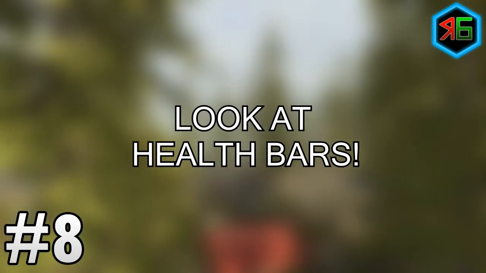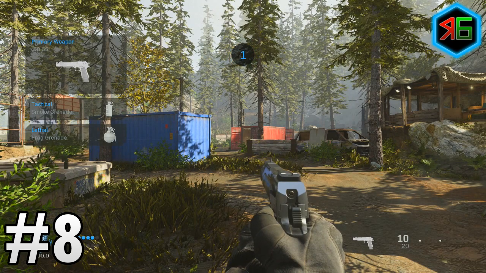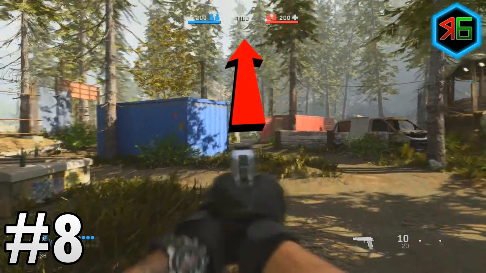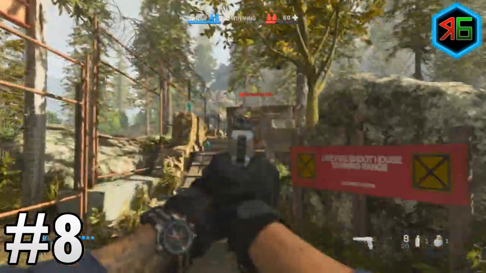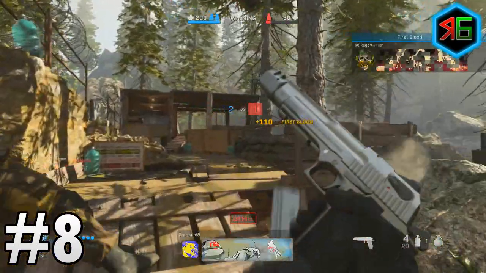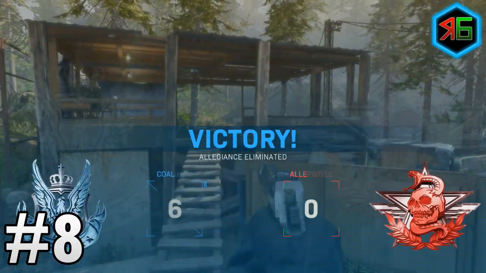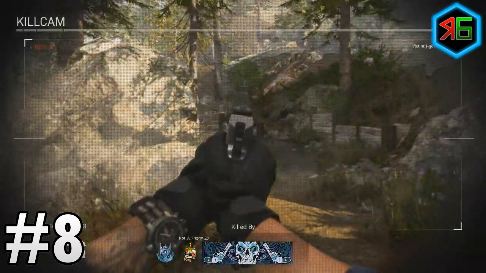Moving on to number 8, it's all about the health bar. So make sure you look at how much health you and the enemies have. If you or your friendly has low health, it will say on the top. Each player gets 100 health, and it will tell you how much health your team has got out of 200, and the same for the enemies. So if you've got low health, you want to be a bit more conservative. You want to hold back a bit, be a bit more campy, and wait for them to come to you. Whereas if you know they've got low health and you've got high health, it's more sensible